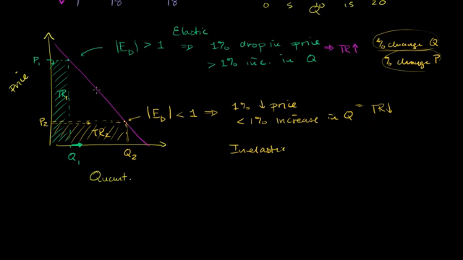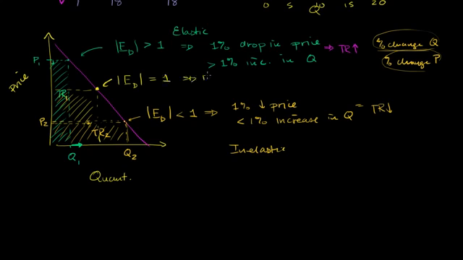And then you could imagine, when you're at unit elasticity, someplace around there, a 1% drop in price will result in exactly a 1% increase in quantity demanded, and so they will kind of trade off. You won't get a noticeable change in your revenue. And the reason why I say that is that many econ textbooks will tell you that you don't get a change in revenue. But if you do a detailed look at the maths, let me write it over here. So the absolute value of the price elasticity of demand at that point is 1,